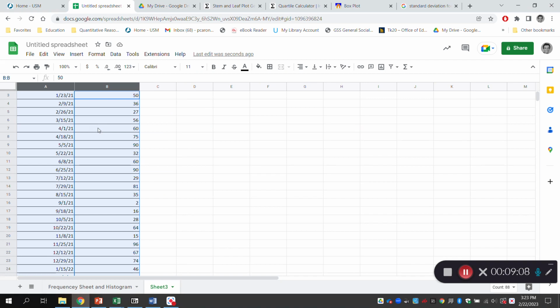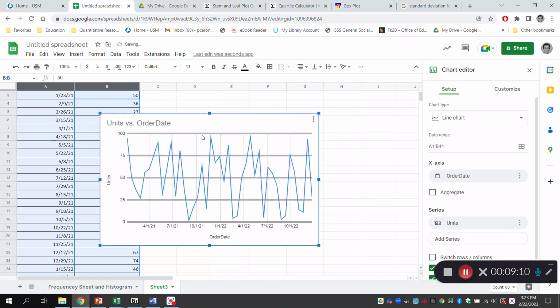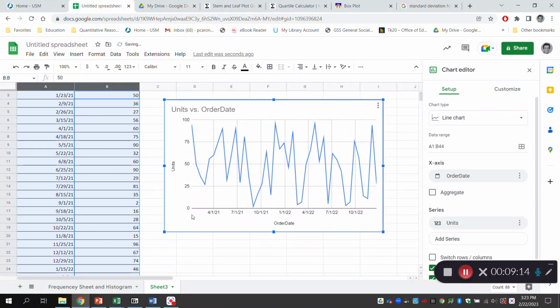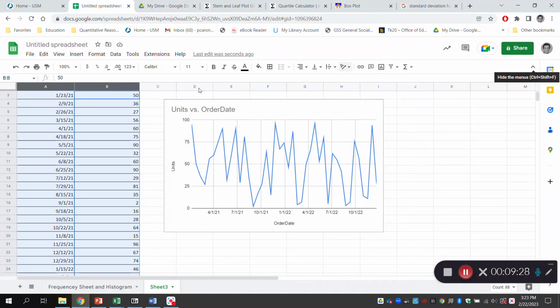So I'm just going to insert the chart here, and it gives me this time chart, line chart here, and you can see the dates and number of units. So it's much more clear right here, and even the title has some semblance of meaning here. Now you can also, I'm going to get rid of this chart editor, and I'm going to do it again